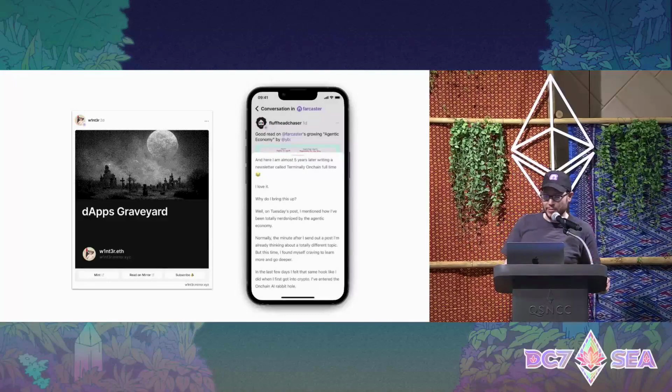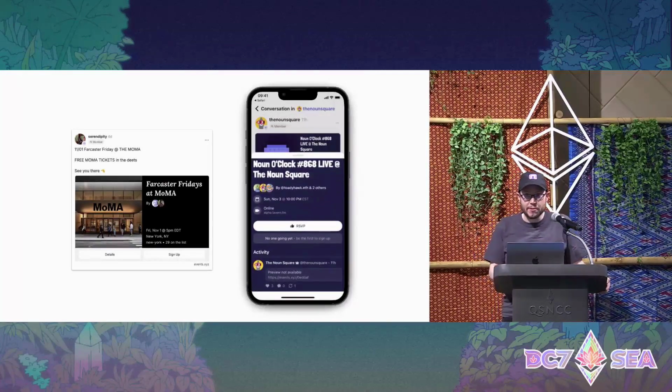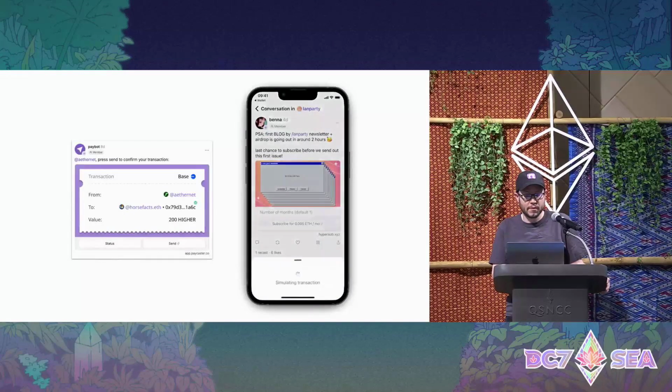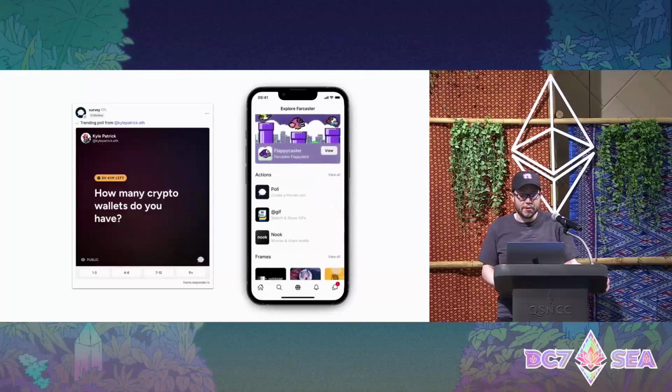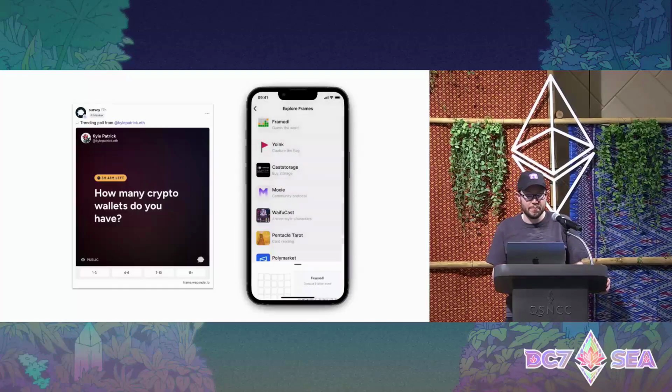Let's let that one play for a sec. So yeah, you can click through to open this mini app and actually browse an article directly in Warpcast. There are frame apps for organizing and managing events that take place in the real world and events that are online, things like meetups and audio spaces. Developers have built frames that facilitate payments, subscriptions, and commerce. And that's just the surface. There's a lot more. Things like polls, media, games, crowdfunding, tipping, swapping, and much more.